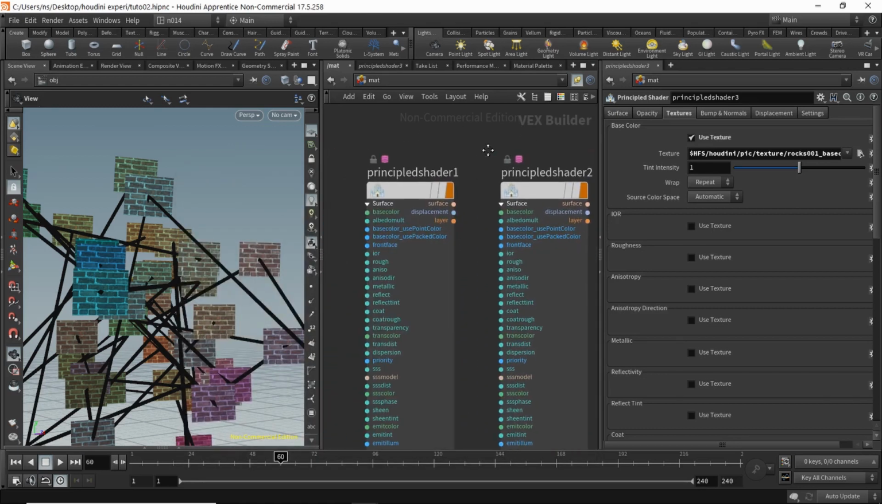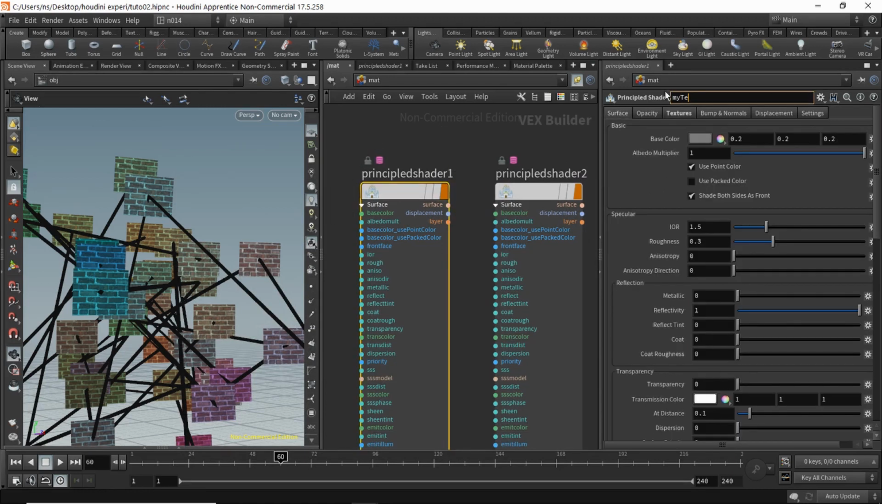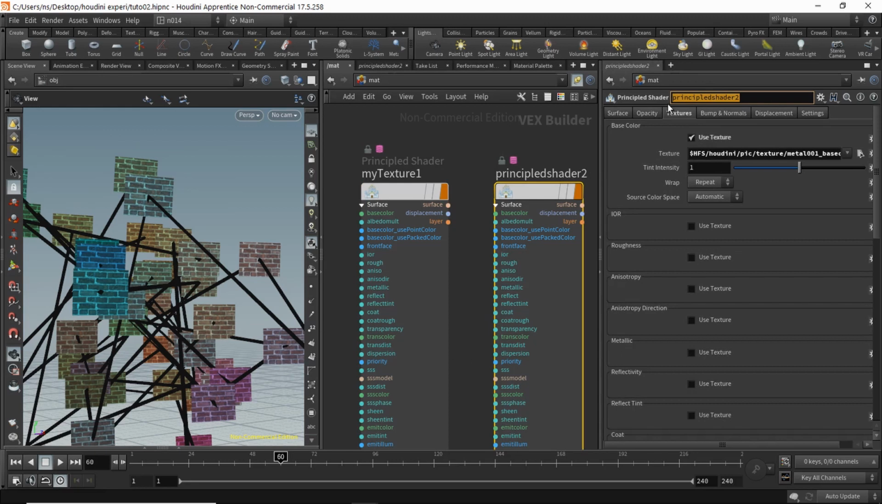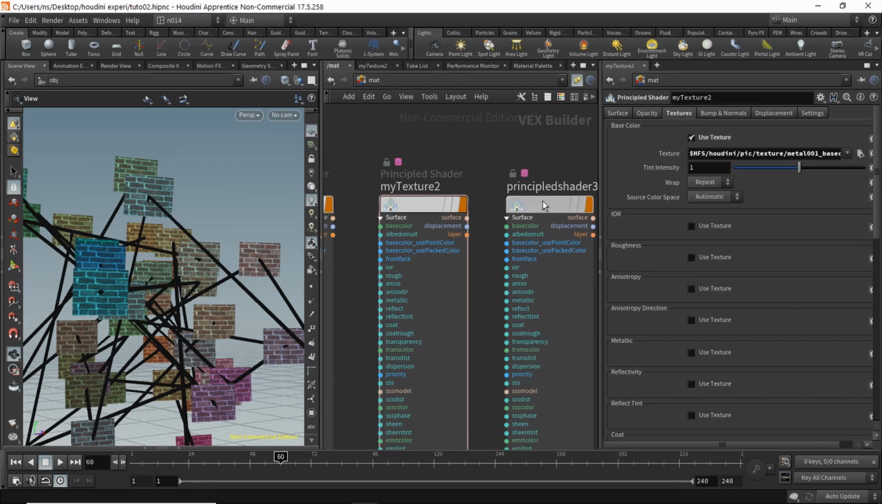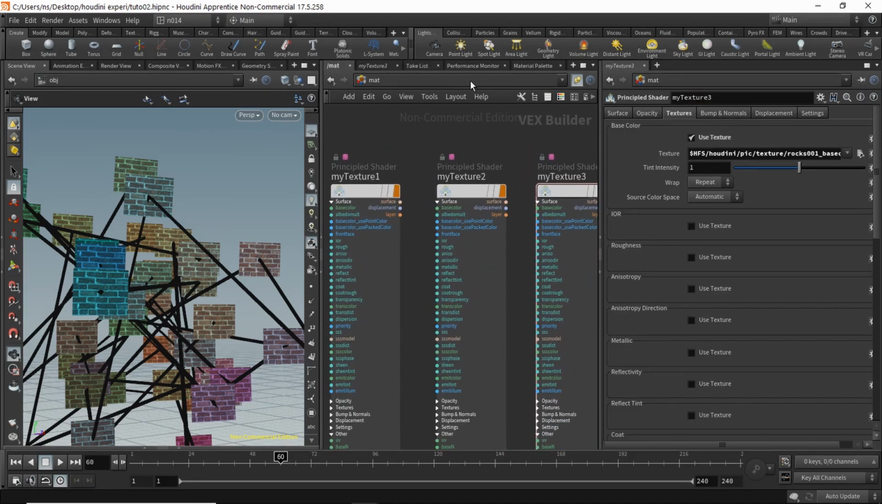So now that we have three textures, let's name them. Just name it my texture 1. This is then my texture 2, and the third one I'm naming my texture 3. Okay, so now that we have created the three textures, let's go